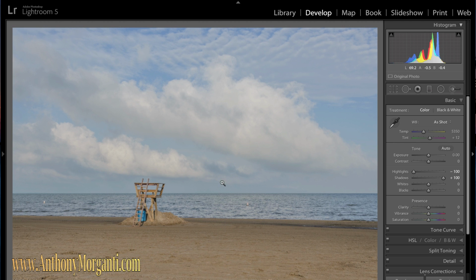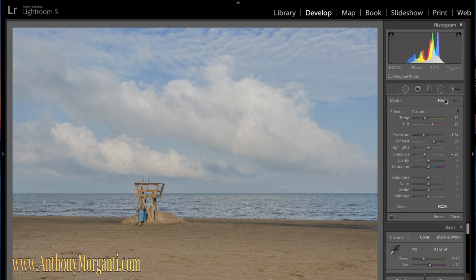And in this photograph, we have this expansive sky here. So I'm going to add the graduated filter. And that's the fourth one from the left right here. You click on that, you'll see this panel opens up. This is all the controls for the graduated filter that we're going to be adding. What you do first is if you hold the Alt key and look right here where it says Effect, it says Reset. Click on that